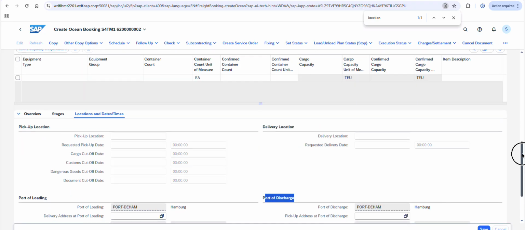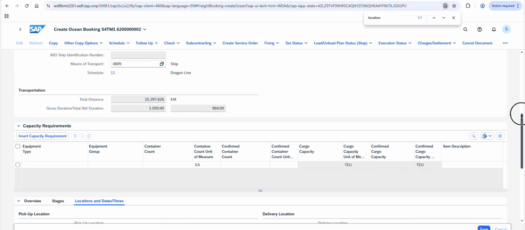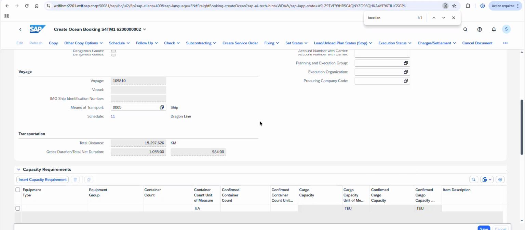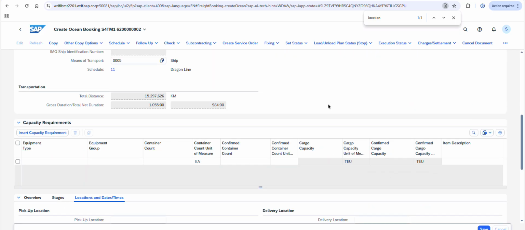Yeah, that is one thing I am confused about, because when I select this as scheduled Dragon Line, they go to Shanghai and then come back again to Hamburg. So I assume that we do have the location already in Shanghai. But yes,